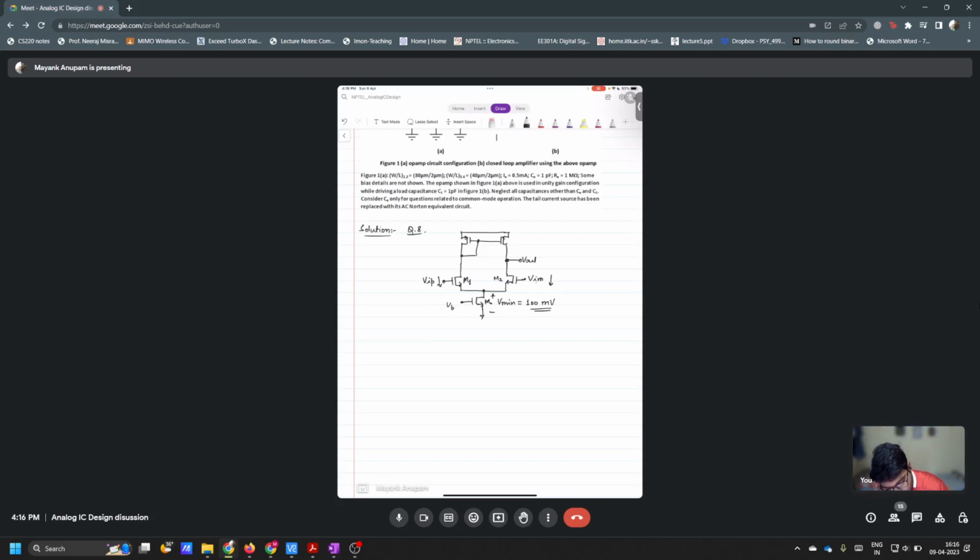Do you understand the meaning of this question? They have asked you what is the minimum possible common mode at this input. For common mode, what do you mean by common mode inputs? It means both the inputs are same, right? Yes, sir. That means at both the places you are applying the same input. This is VCM. This is also VCM, right? They are asking what is the minimum possible value of VCM so that all the